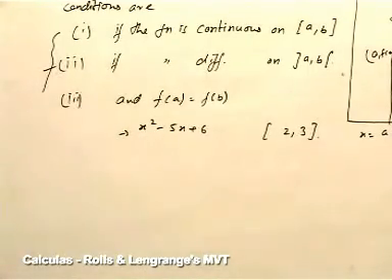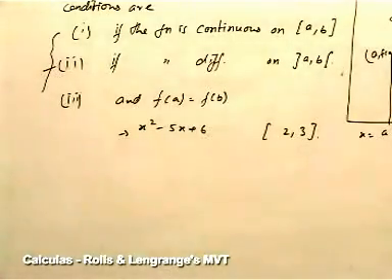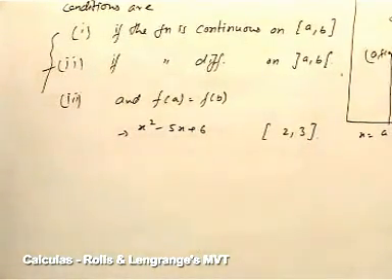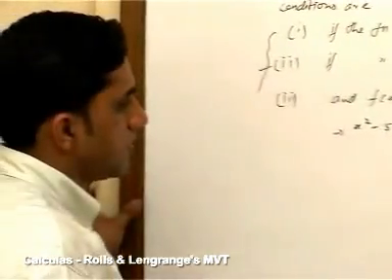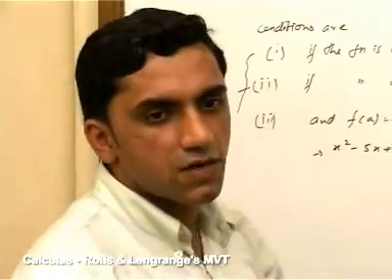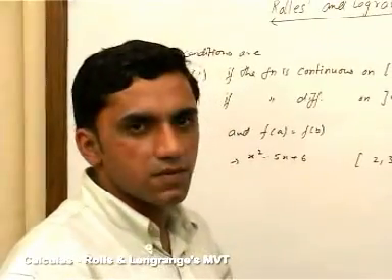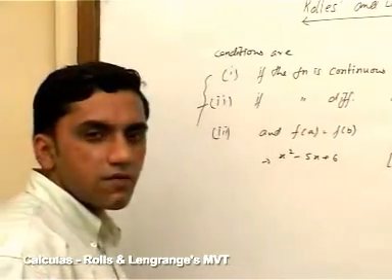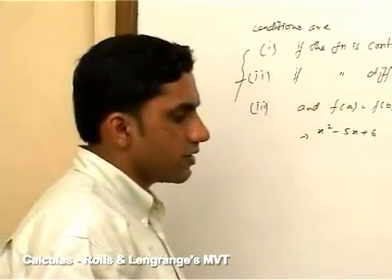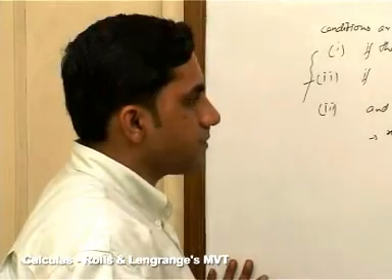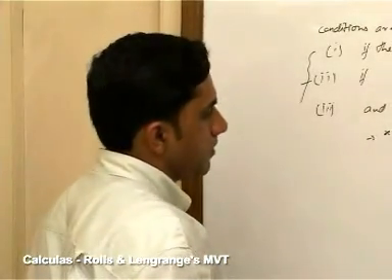Since this function is a polynomial function, I must remind you that all polynomial functions are continuous and differentiable at all points. So there is no need to check further continuity or differentiability. Similarly, sine, cosine, logarithmic and exponential functions are continuous and differentiable. Logarithmic and exponential functions need their domain, but there is no clause for sine and cosine functions. They are everywhere continuous and differentiable. Similarly, tan x is differentiable and continuous except at odd multiples of pi by 2.